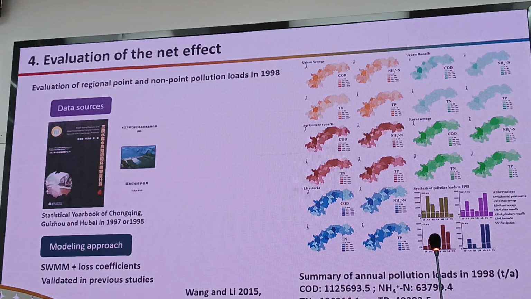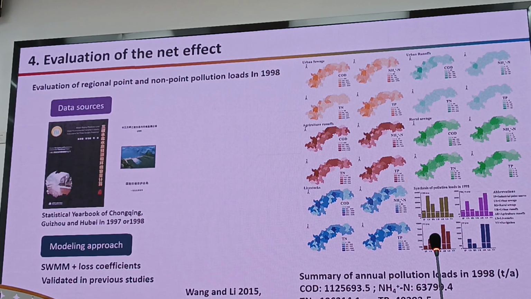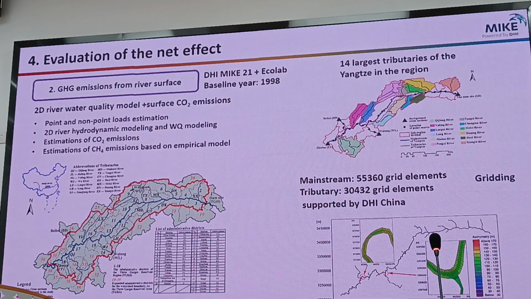So here are the watershed in the reservoir surroundings that impact what we call the reservoir region. Here, the red line is the reservoir region. We cut the different cross sections. One is the downside, the other one is the bay. But here, there is another large tributary above the bay. We cut it, and also the other is Wu River. It's a large tributary, and also this is upstream of the Yangtze River. So we cut the four cross sections and made it as a watershed area. We call it a Three Gorges Reservoir region.